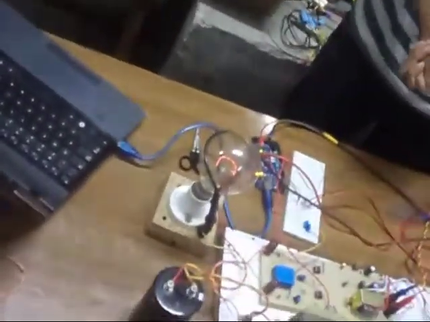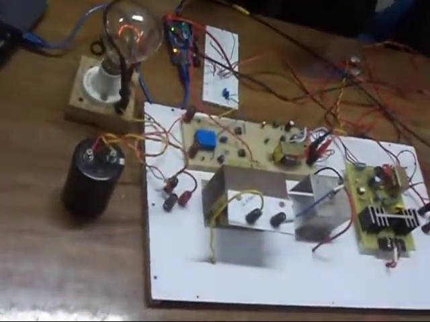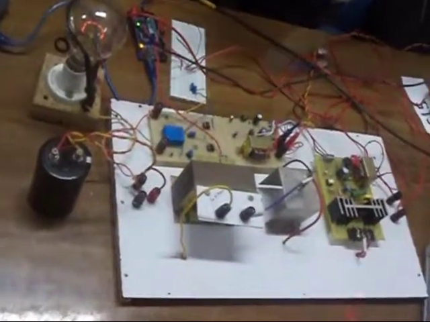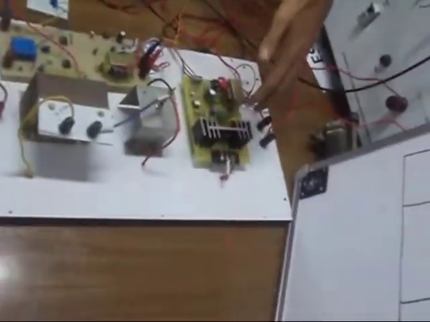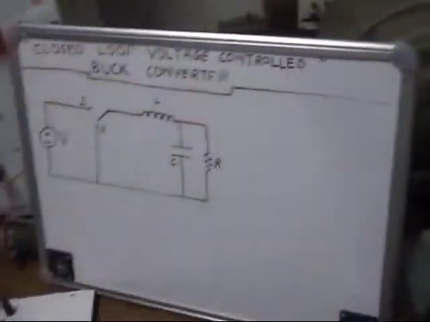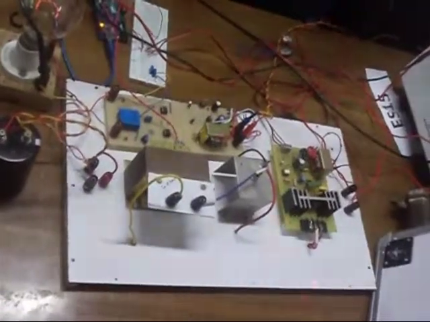Arduino is working here as a microcontroller that senses the voltage and is programmed in such a way that it accordingly sends the gating pulse to the MOSFET driven switch. Now it is obvious that as we change the duty cycle of the pulse given to this switch, the output voltage would change. So we have programmed it in the form of a PI controller,